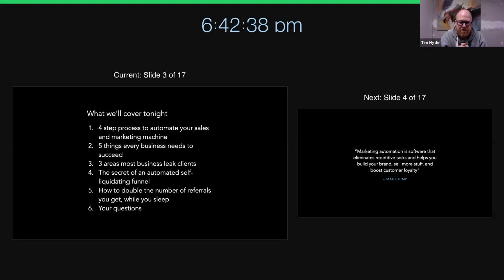Ultimately, what we want to do is move out of our business. We want to be less in our business and more on our business, as Michael E. Gerber says, because inside our business, it's dirty, it's grimy, it's noisy. We get pulled about 1,000 different ways, and the more we can get out of that, and the more consistently and reliably we can deliver results from our marketing. And of course, we're going to answer questions that you might have.